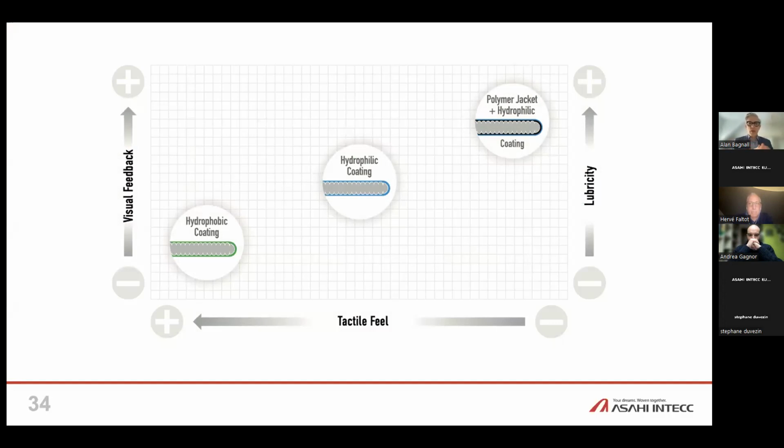So the types of coatings that you have vary from, on the one extreme, a hydrophobic coating, to on the other extreme, a polymer jacket, which is a very hydrophilic, slippery coating. The hydrophobic coatings grip, and so they give you feel and tactile feel. On the other hand, the polymer jacketed wires are designed to slip over things, so you don't get any tactile